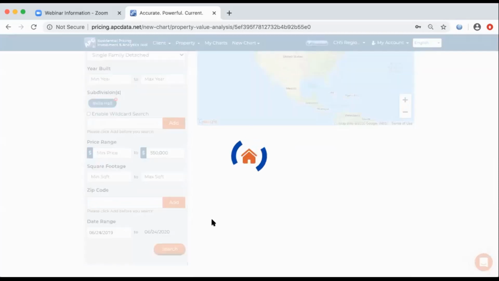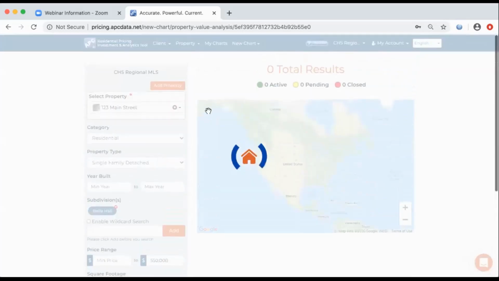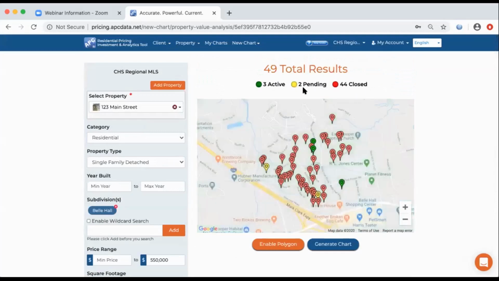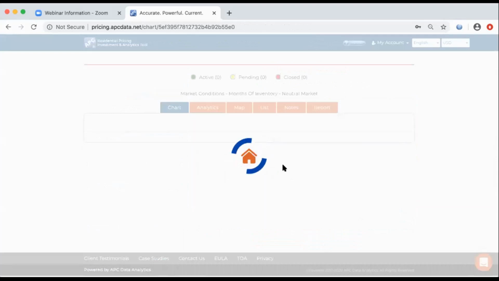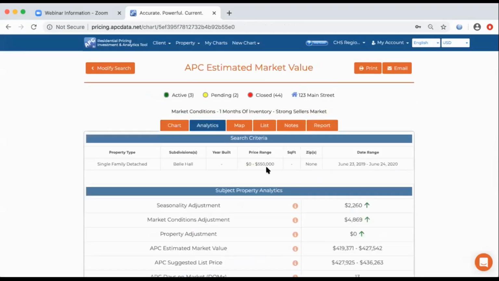So when I run this set of comps with this criteria, I'm going to have 44 closings. So that's a lot of closings. Traditionally, I would not run analysis with 44 comps. I would narrow down that time frame if I have that many comps in this neighborhood. But for this example, let's use this as a part of the analysis. So now when I generate this chart, remember on my analytics tab, we had